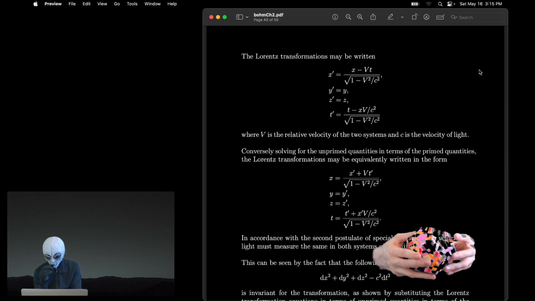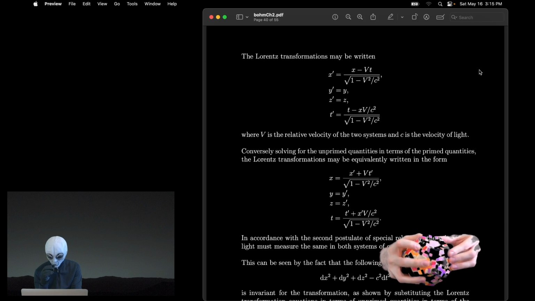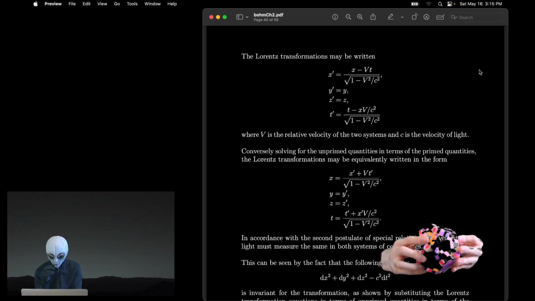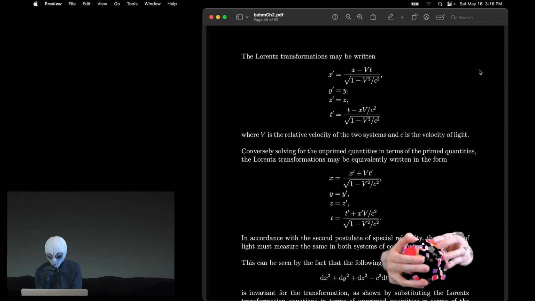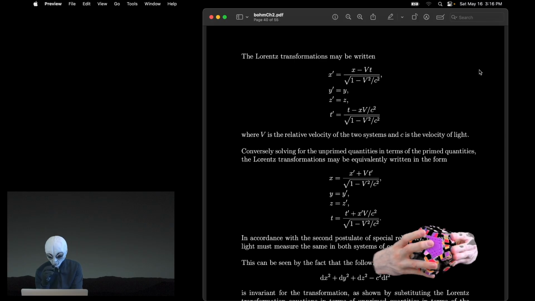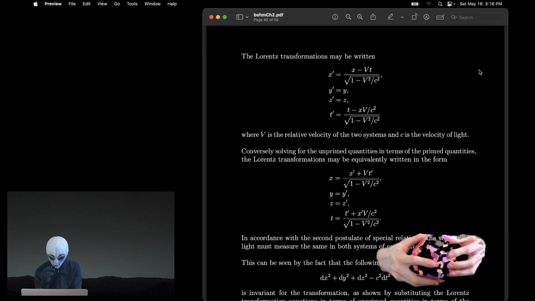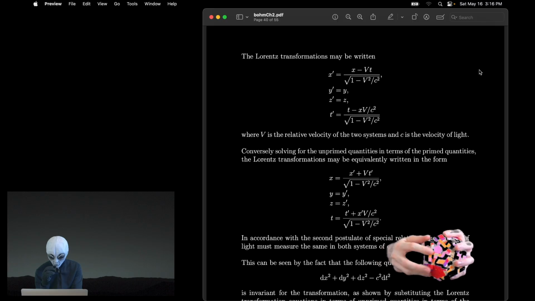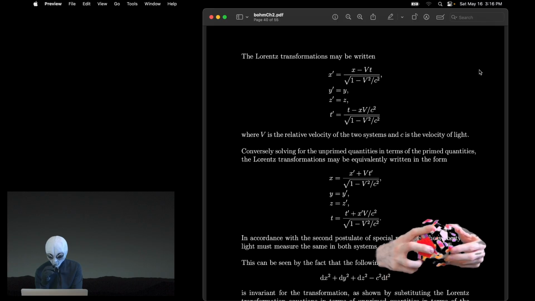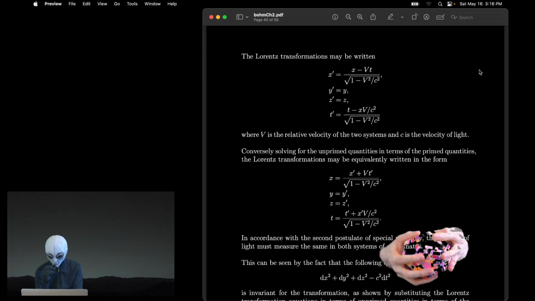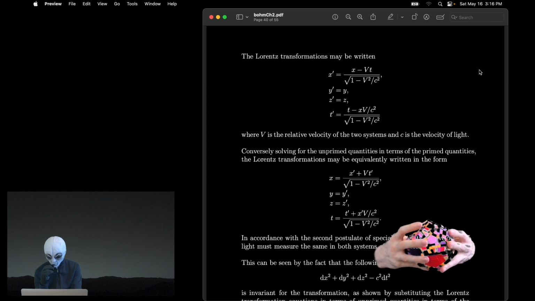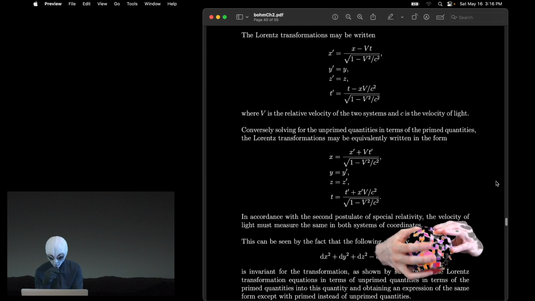The Lorentz transformations may be written x prime equals x minus V times t, all over the square root of 1 minus V squared over c squared. Then we have y prime equals y, z prime equals z, and t prime equals t minus x times V over c squared, all over the square root of 1 minus V squared over c squared, where V is the relative velocity of the two systems and c is the velocity of light. Conversely,